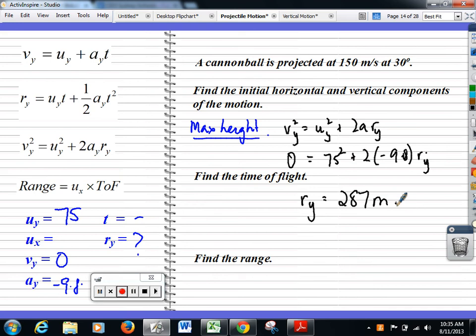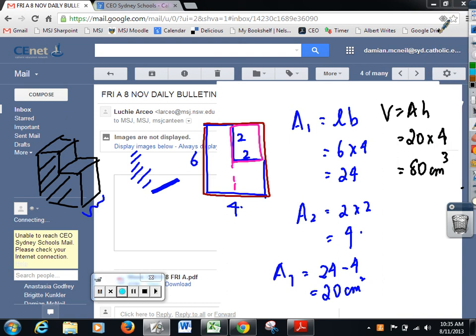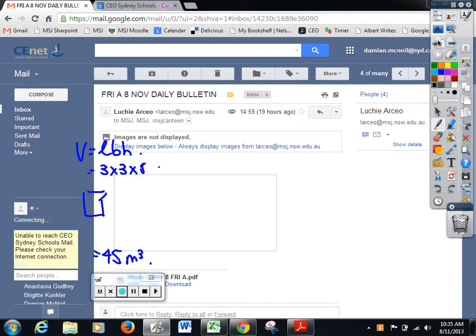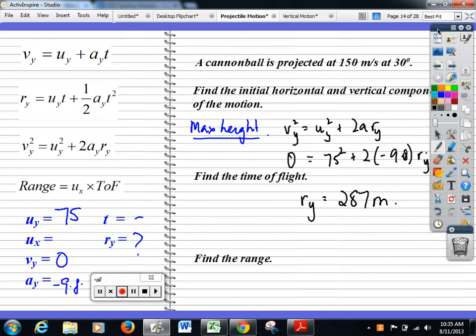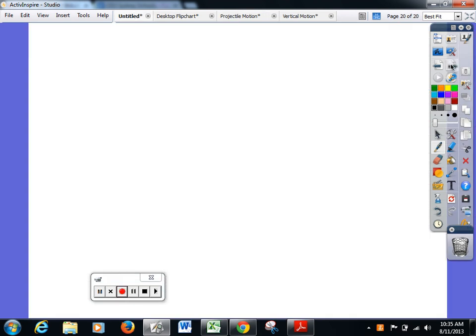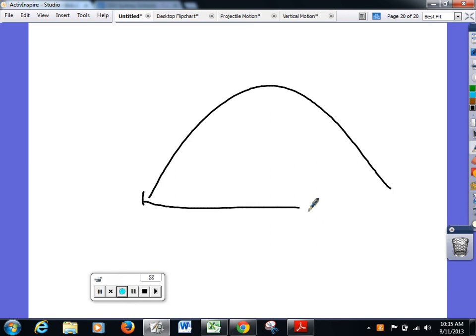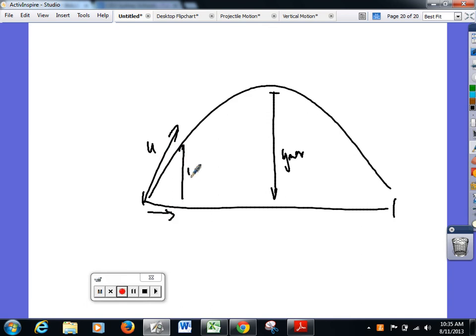So we now know that our projection being ground to ground, we know the range here is what we found. We know the height, that's y max. We know what it was projected at, and it's got two velocities originally, uy and ux. And they're the major features of a ground-to-ground projection.